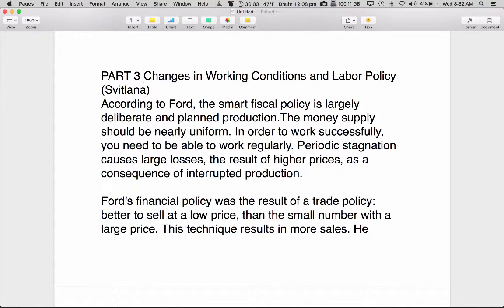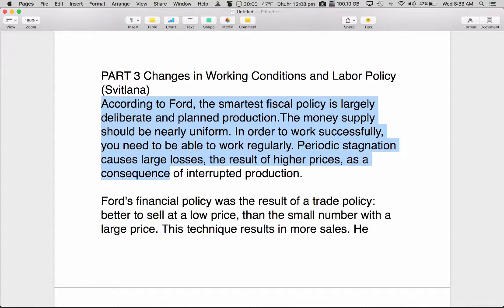Hello, everyone. I'm Svetlana. And thank you, Celine. According to Ford, the smartest fiscal policy is largely deliberate and planned production. The money supply should be nearly uniform. In order to work successfully, you need to be able to work regularly. Periodic stagnation causes large losses, the result of higher prices as a consequence of